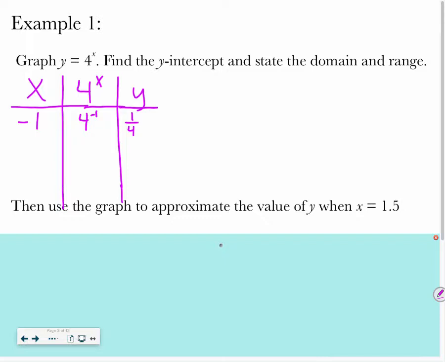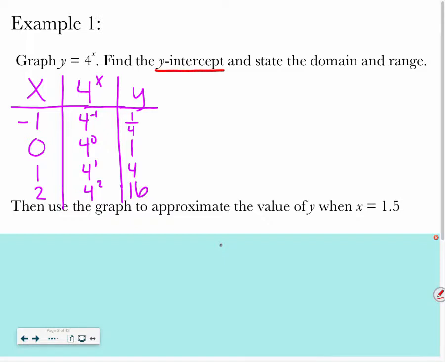And then let's plug in 0. If I do 4 to the 0 power, remember, anything to the 0 power is the number 1. If I plug in a positive 1, I have 4 to the first power, which is just 4. If I plug in 2, I have 4 to the second power, or 4 squared, which is 16. Okay? So then I would go and I would plot these points,